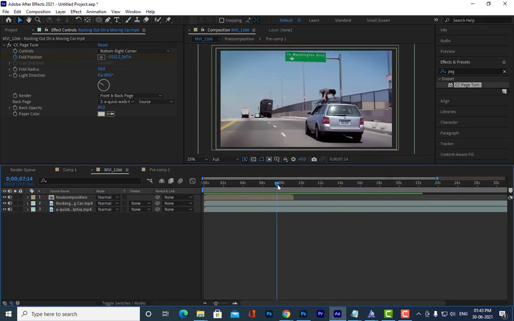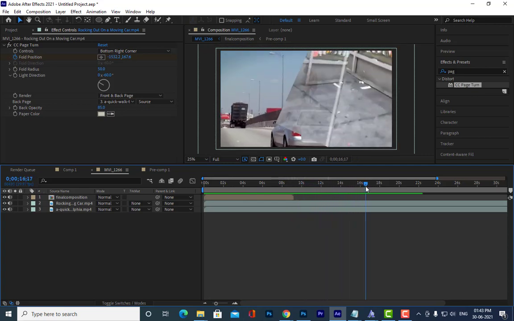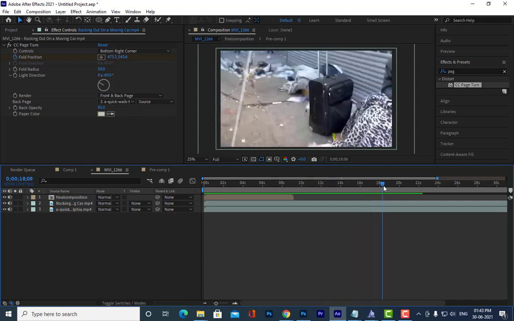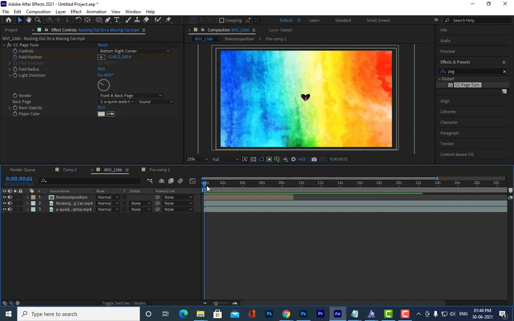So this is the CC page turn. Here we are giving the page turn animation, and another video is showing up. So now what is the next thing we can do?